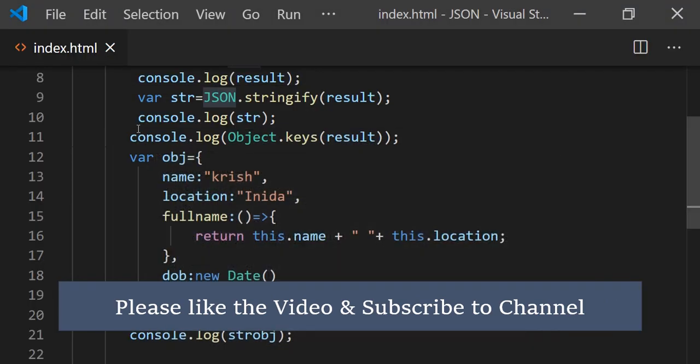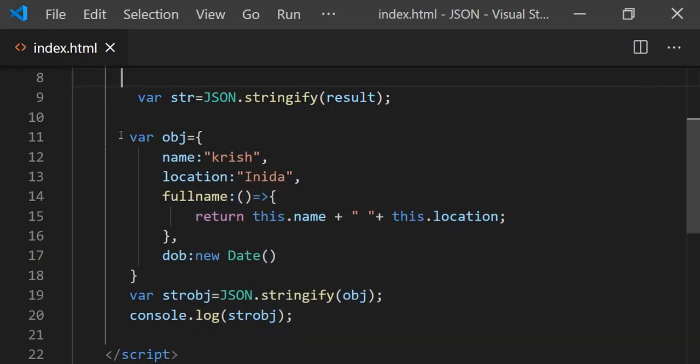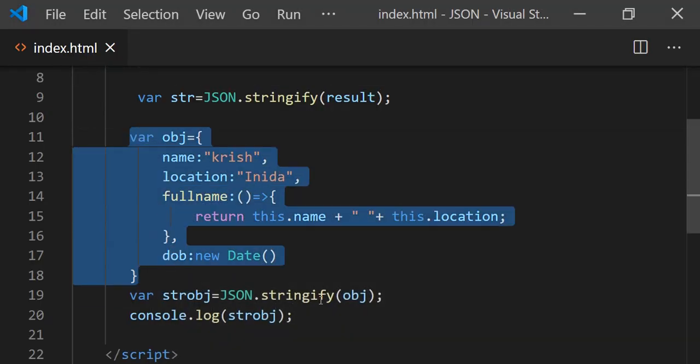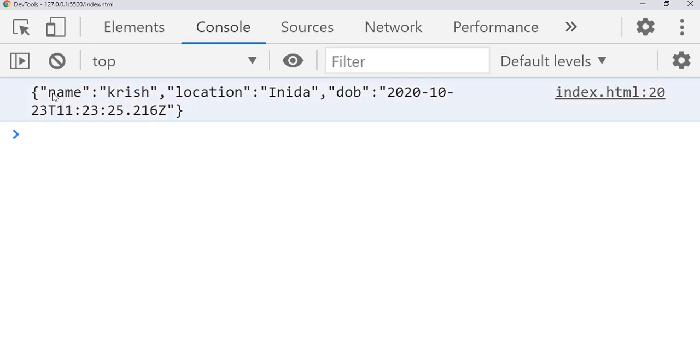We have this object, and when you use stringify, it removed full name and converted the new date to string format. See name Chris, location India, and DOB: it converted the date into string format.